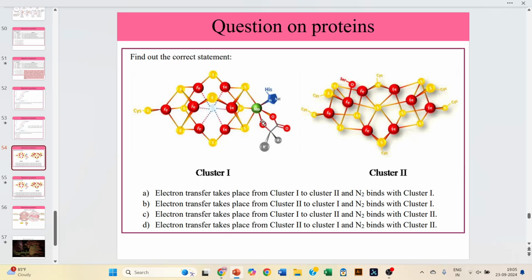Okay. Now we have one more question, which is, this is an iron sulfur protein along with molybdenum. And this is a normal iron sulfur protein. Okay, so what exactly is happening here that they have asked you? Electron transfer takes place from cluster 1 to 2 and N2 binds with cluster 1. Sorry, N2, this one from histidine. Then electron transport takes place from cluster 2 to 1 and then N2 binds with cluster 1. So what do you think is happening